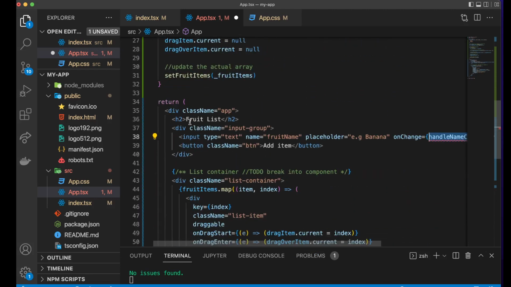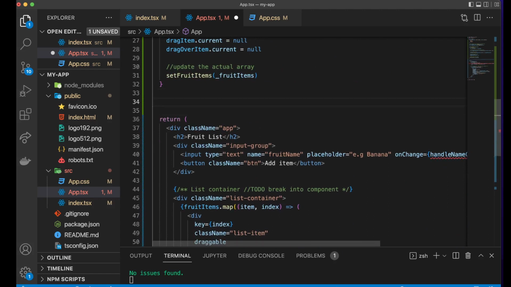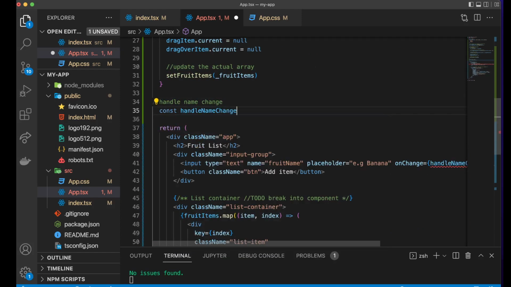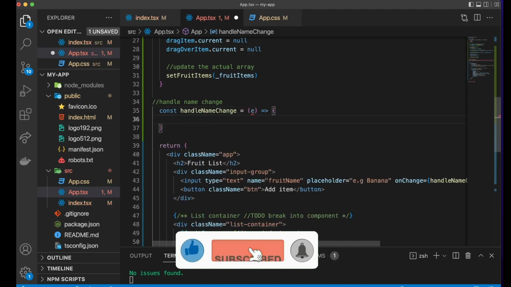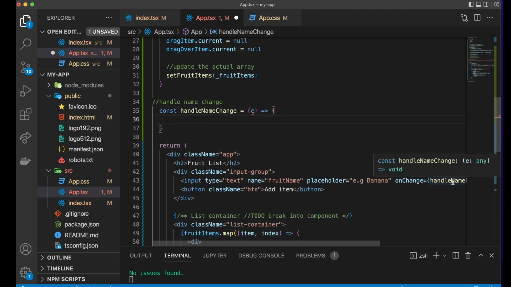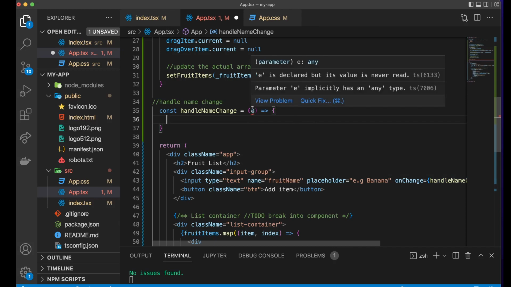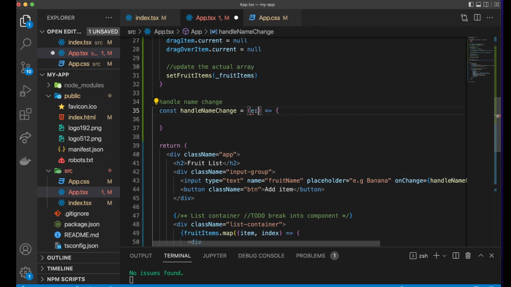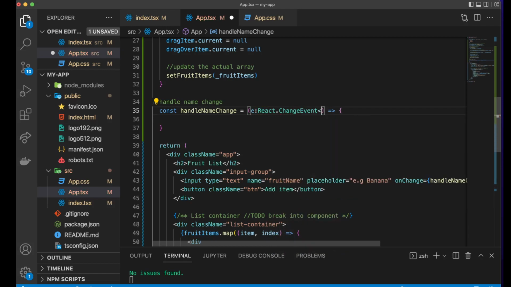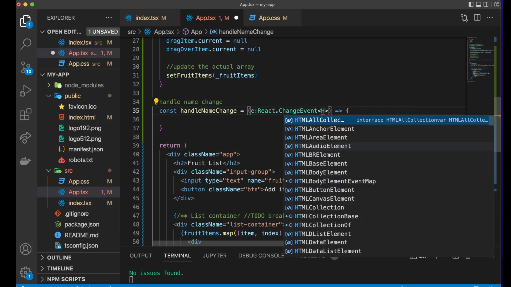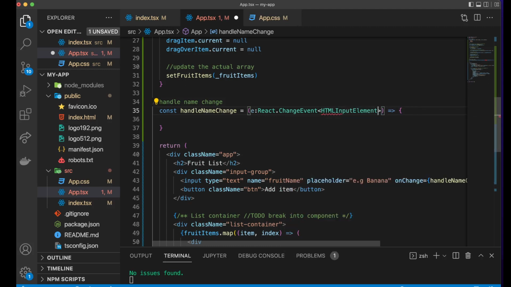So let's just go here, handleNameChange, it will be e, and that e will be React.ChangeEvent, HTMLInputElement. Do we have input element? All right. Okay, so